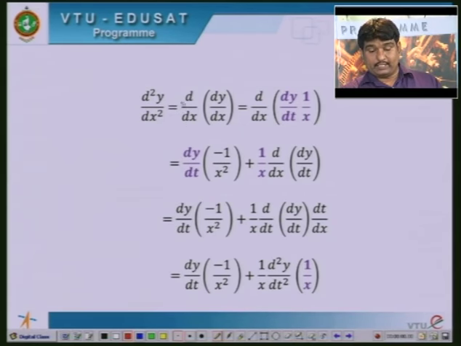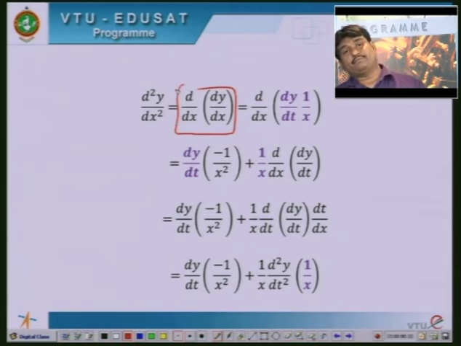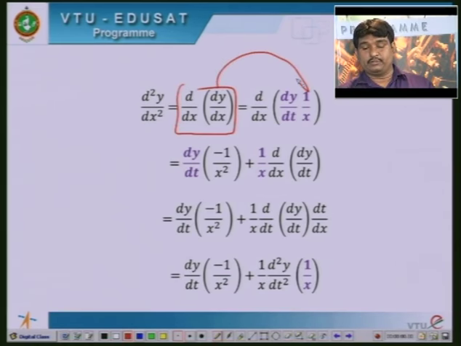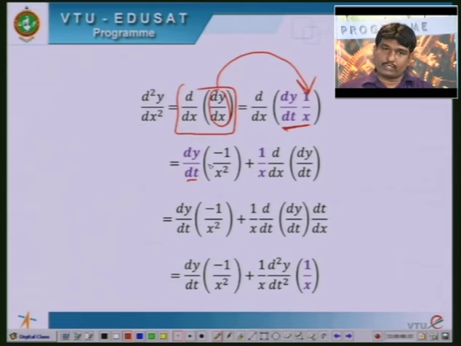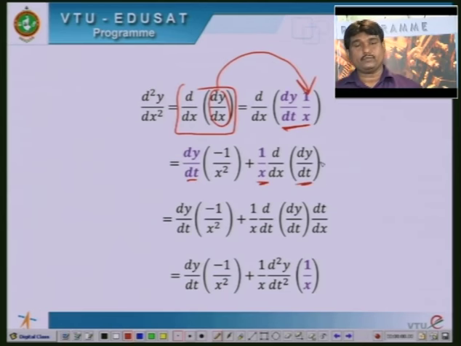I will write this as d by dx of dy by dx, and then use the value of dy by dx which I got in the previous slide. dy by dx is dy by dt into 1 by x. Now I use the product rule on d by dx of dy by dt into 1 by x. First function as it is, differentiation of 1 by x, which is minus 1 by x square, plus second function as it is, differentiation of the first function. I will write this term as it is: dy by dt into minus 1 by x square, plus 1 by x into